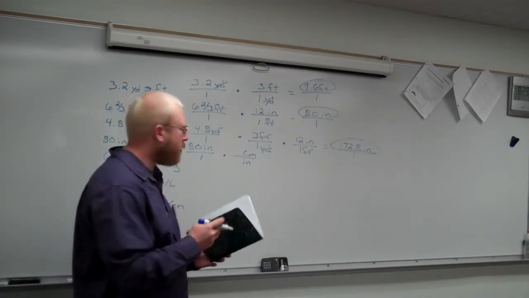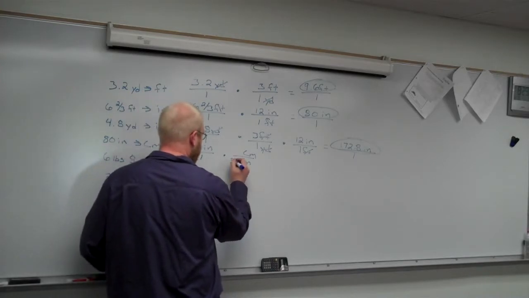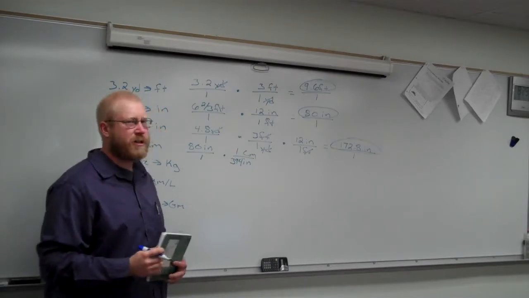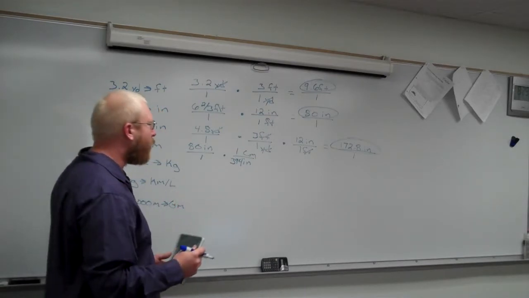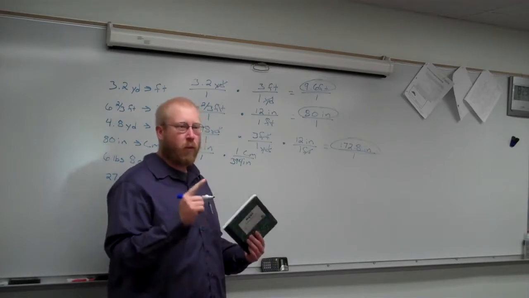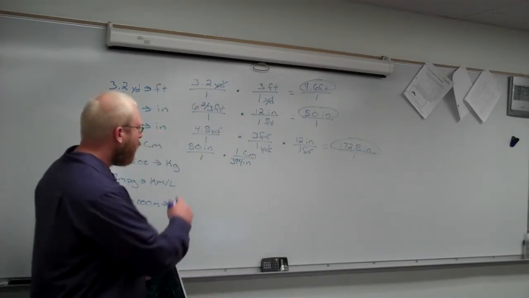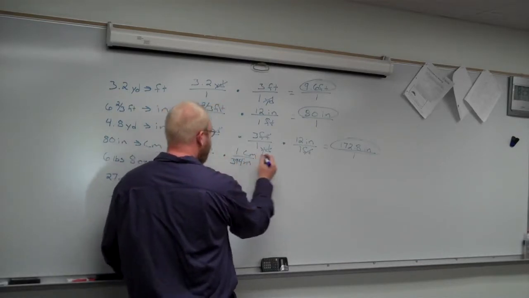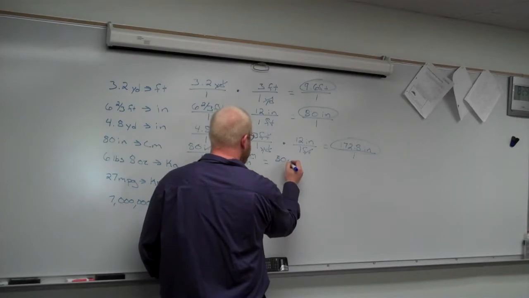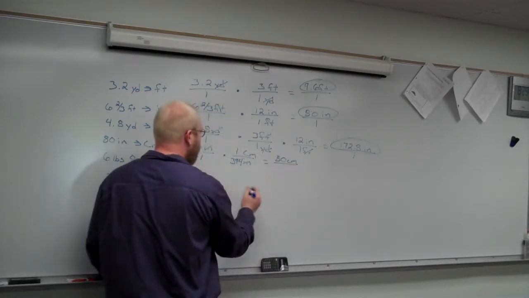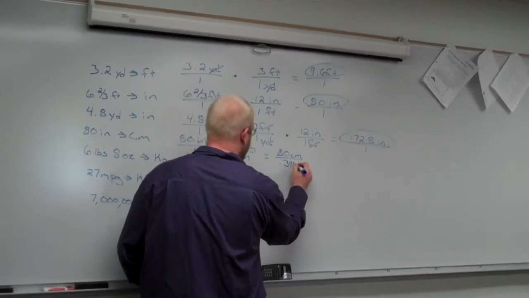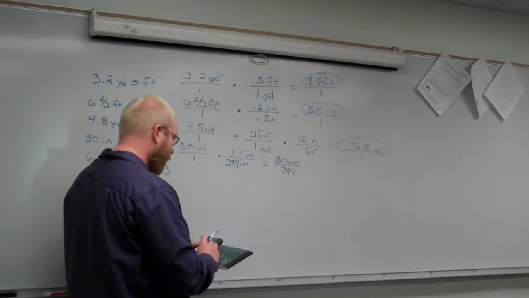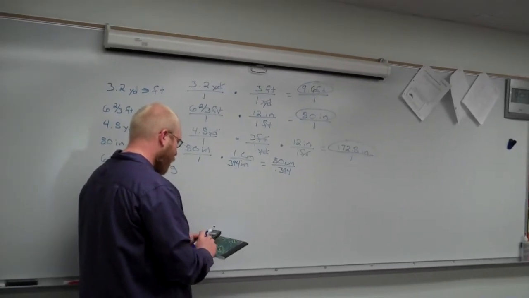I'm pretty sure it's 2.5 centimeters. 0.394. Close. So he found that there's 0.394 inches in 1 centimeter. If we look the other way around, there'd be 2.54 centimeters in 1 inch. Doesn't matter which way we go. If I go with the numbers he gave me, I can see that I've got inches that cancel. I get 80 times 1 is 80 centimeters divided by 0.394. So I go back to my calculator here. 80 divided by 0.394 equals